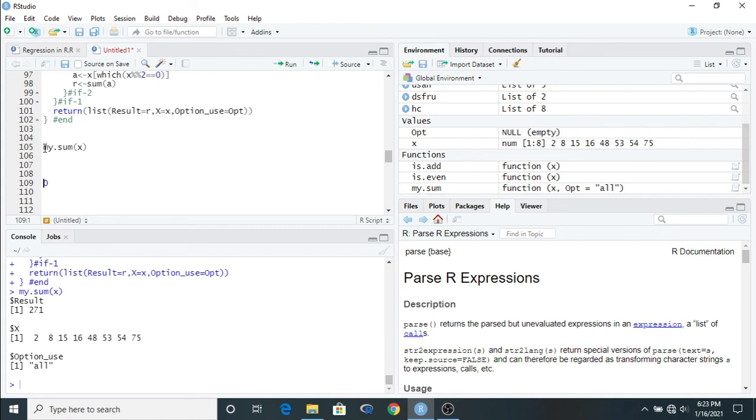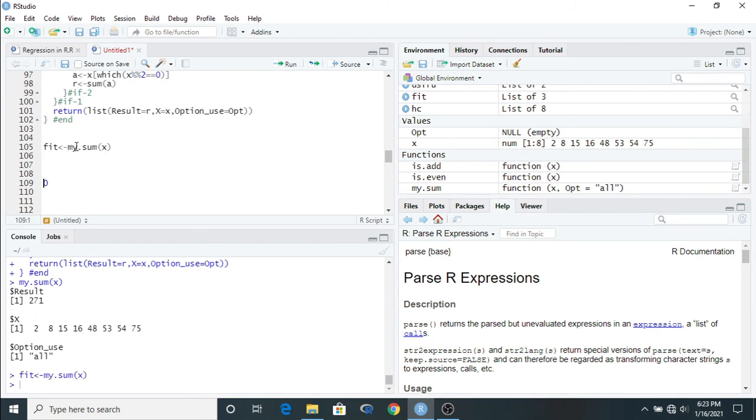So how can we extract this? We can store my function's result in an element. Suppose we store it in fit. We store the result of my function in fit. Control enter. Then we want to identify what elements are stored inside fit. Then we can write names of fit.